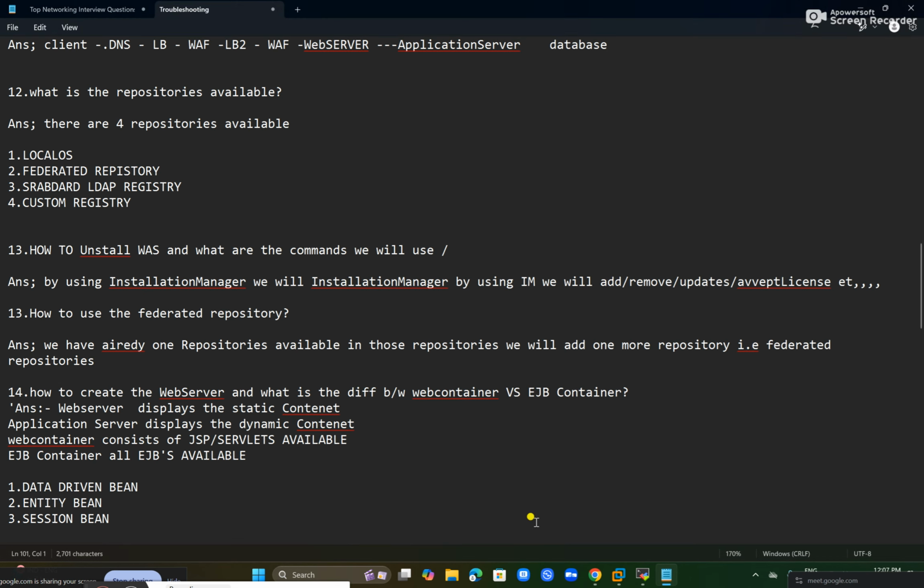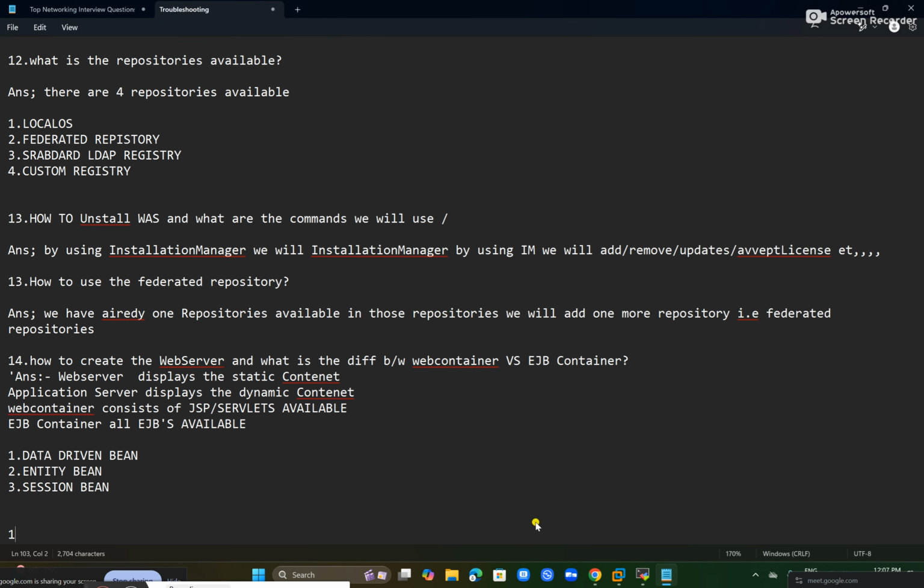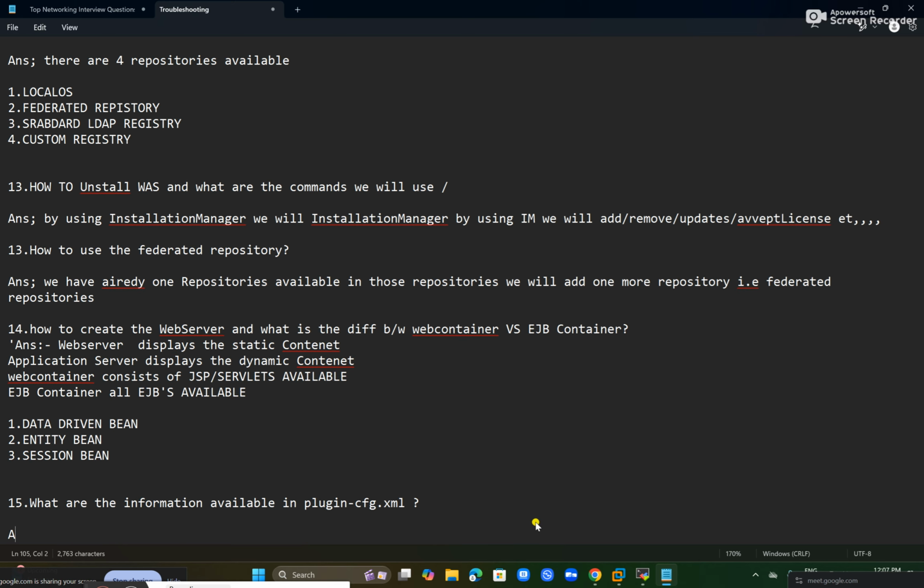Okay. Now 15. What are the information available in plugin-cfg.xml? Okay. Plugin-cfg.xml consists of